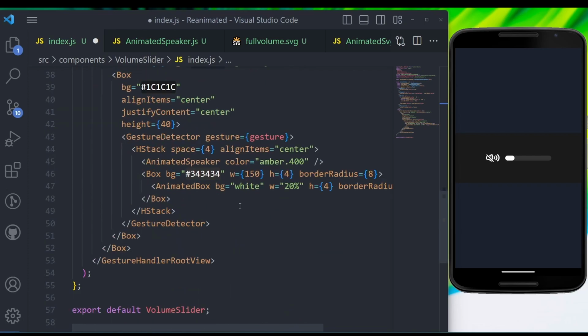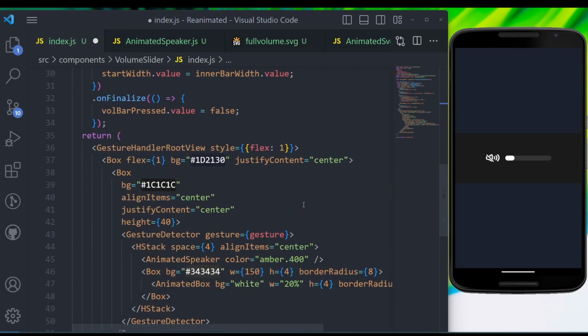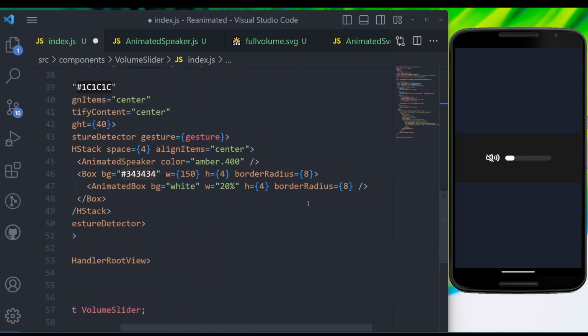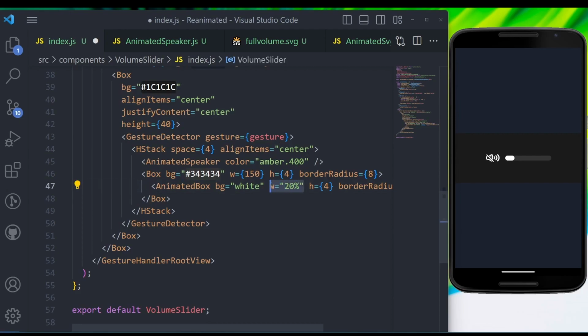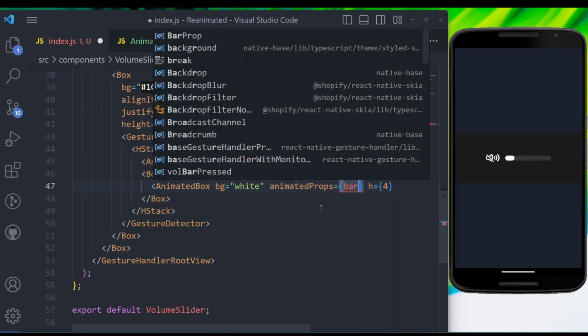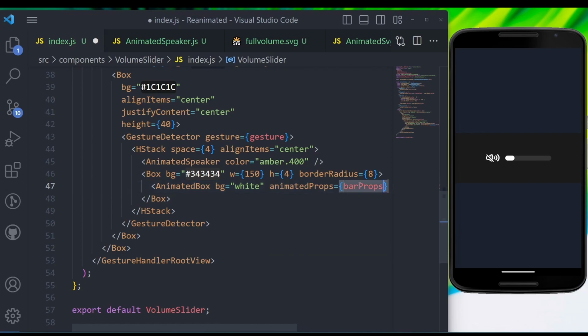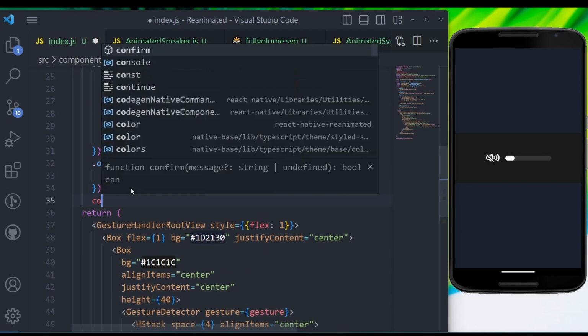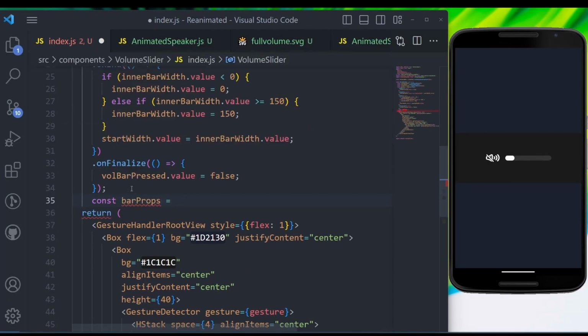And then we have already added this. Now we just need to add the props for this. So rather than doing the static width of 20%, we'll be adding animated props, and it will take say bar props. So we'll need to create this bar props. Now this bar props will be equal to,